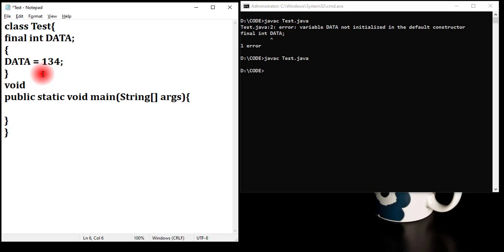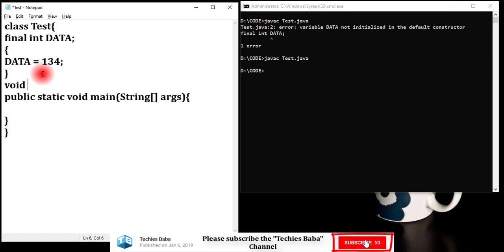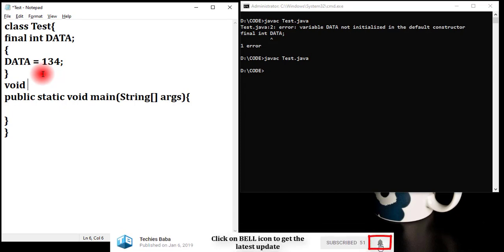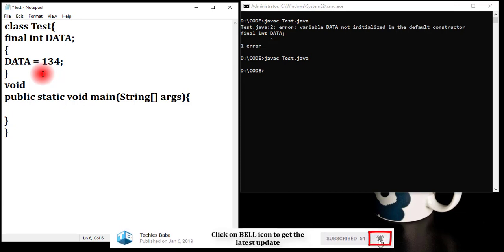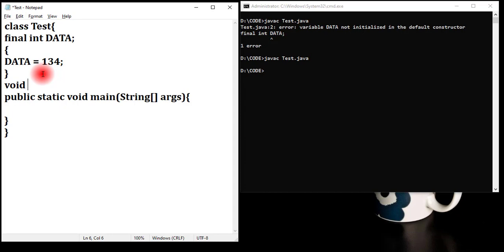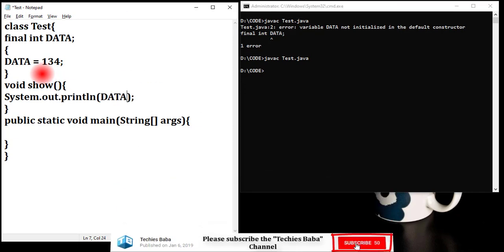We will talk about all these concepts, method, instance variable, instance block, in the further topics in detail, but just now we are talking about the final variable. Before initializing, is there any value inside the memory? I want to check that. So I am verifying this. This show task is to print the value of data, and I am calling this show.